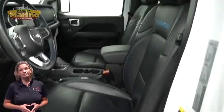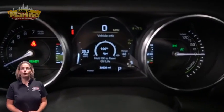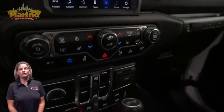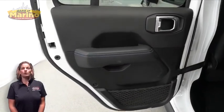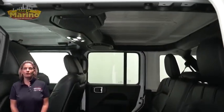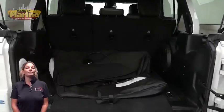on the odometer, 8.4-inch touchscreen, navigation, remote start system, Rock-Trac heavy-duty full-time four-wheel drive system, split-folding rear seats, 2.0-liter turbocharged four-cylinder engine, and so much more. For additional details, visit us at marinocjd.com, stock number